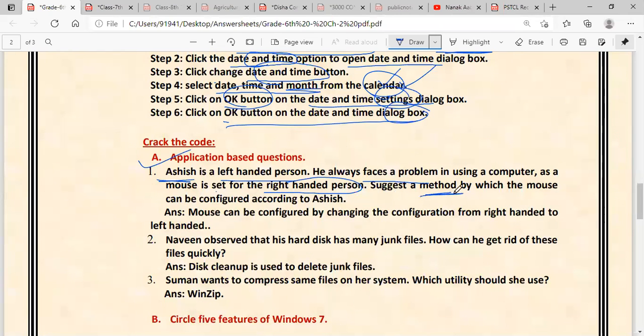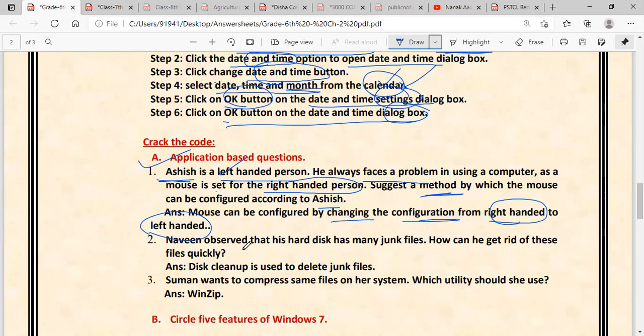So suggest a method by which the mouse can be configured according to Anish. The mouse can be configured by changing the settings. You have to change the settings of the mouse from right-handed to left-handed, because Anish is left-handed, so that he can use the mouse easily.